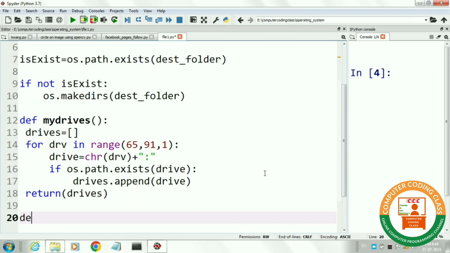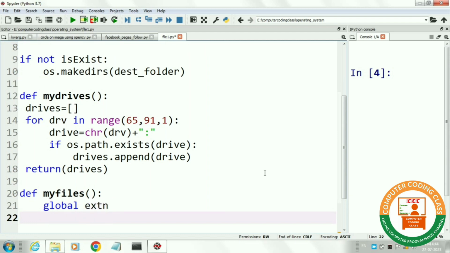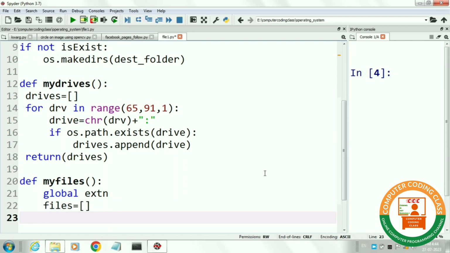Next, we will create a function that will return a list of files with given extension. The name of function is myFiles. In this function, first of all, we will declare extn as a global variable so that we can use this string in myFiles function.